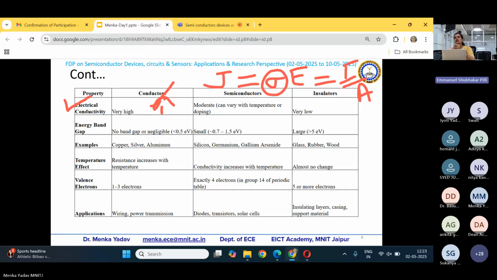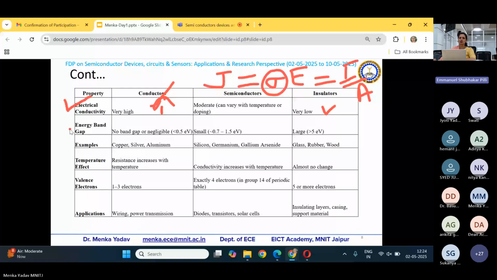Next one is the insulators. Insulators have very low conductivity, a negligibly small conductivity level. You can say that the conductivity of insulators is 0, but at times it is not exactly 0, and that very small amount even contributes to some leakage and some issues in the devices. So we only term it very low. As a layman, you can make it 0, right? But being an engineer, faculty member, or researcher, you have to note that it is very low, not 0.